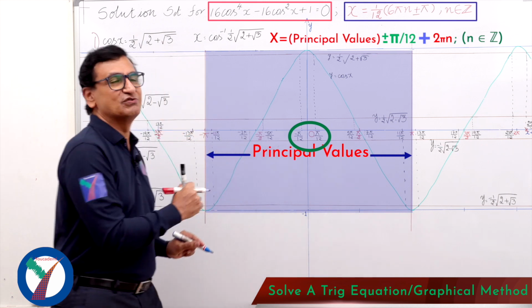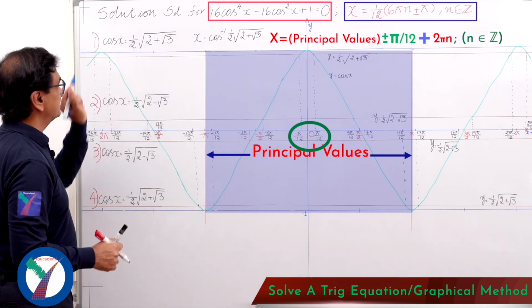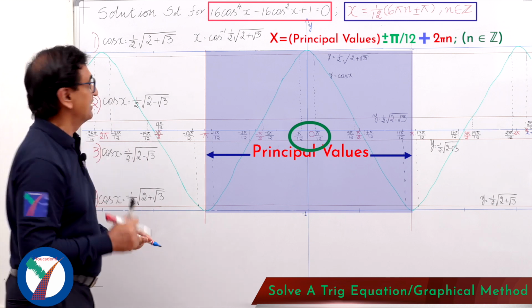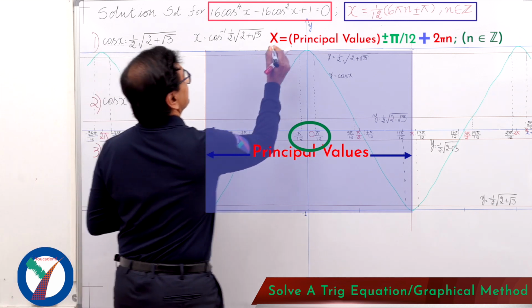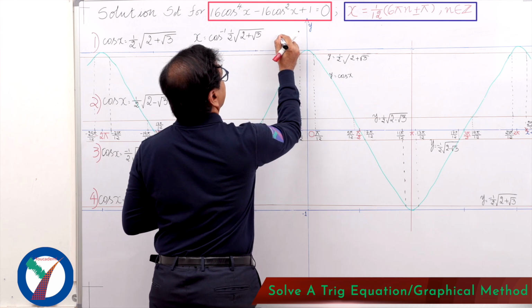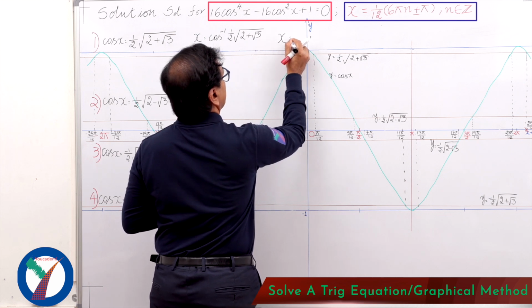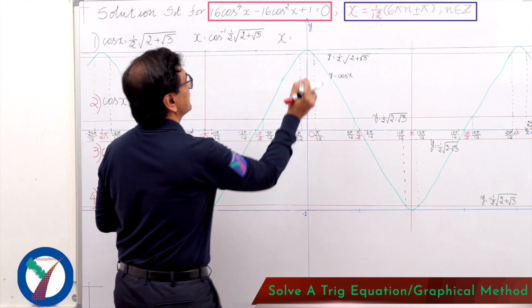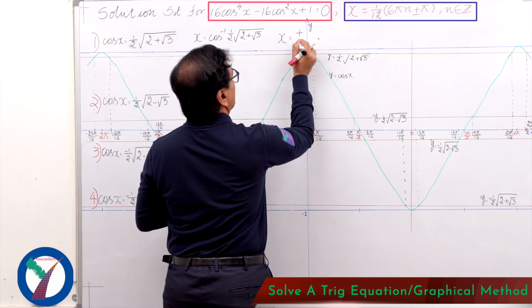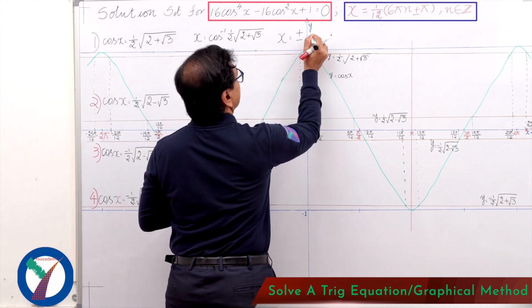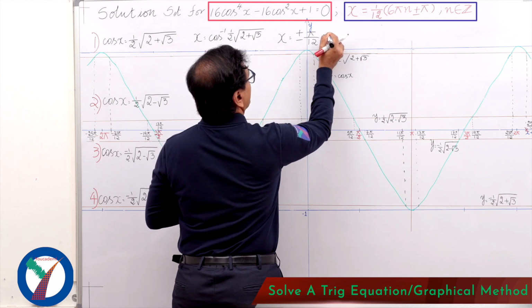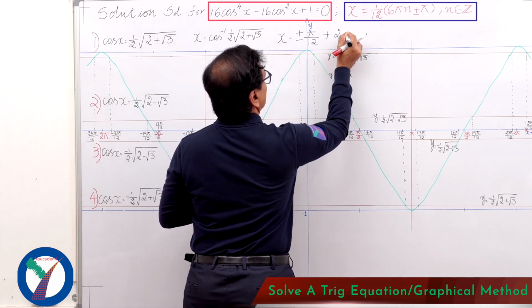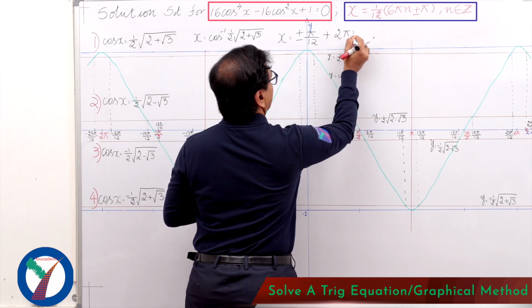Therefore, the general solution to our equation cos x equals 1/2 multiplied by square root of 2 plus square root of 3 is x equals plus or minus pi by 12 plus 2 pi n,